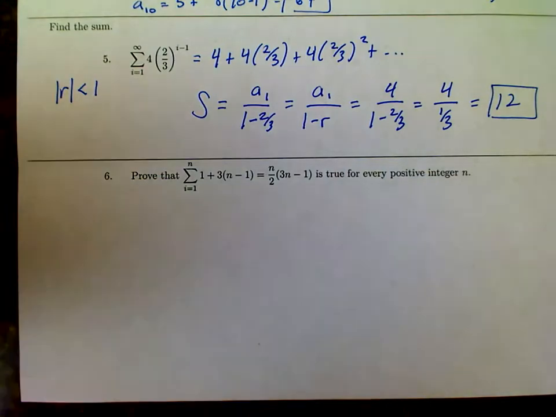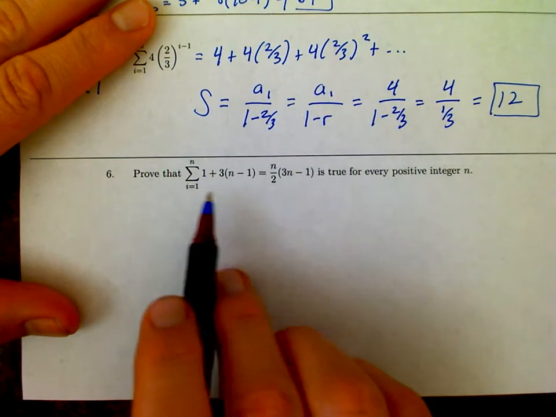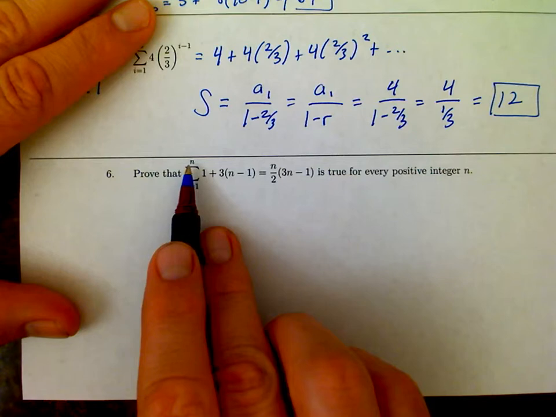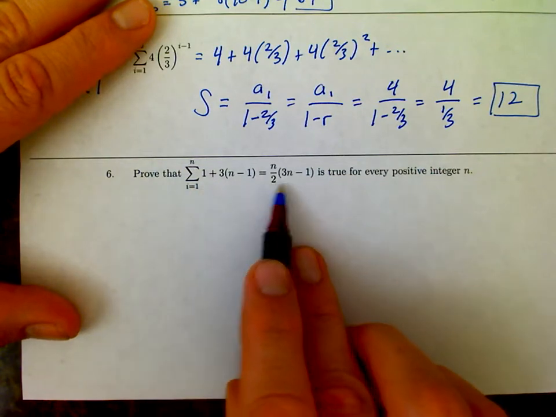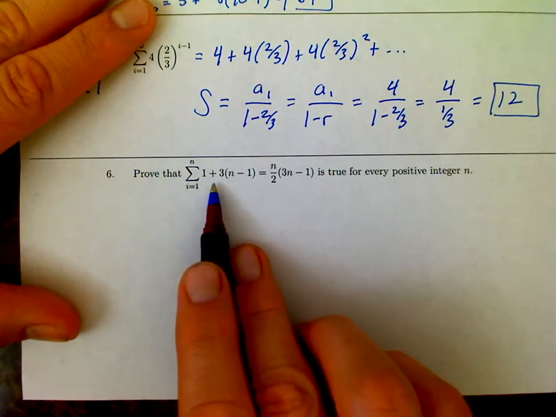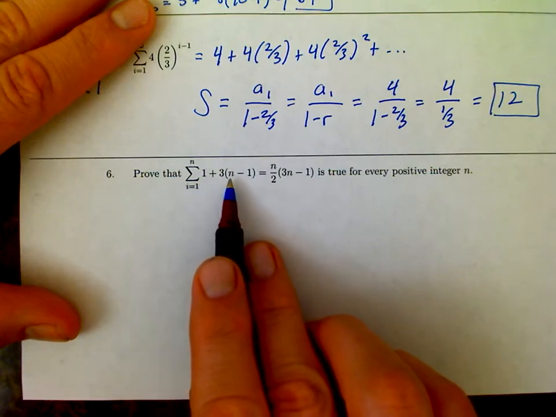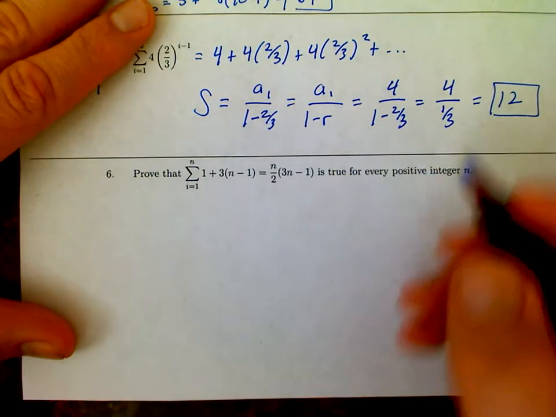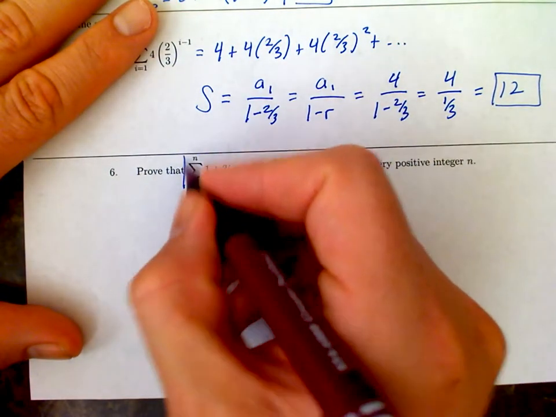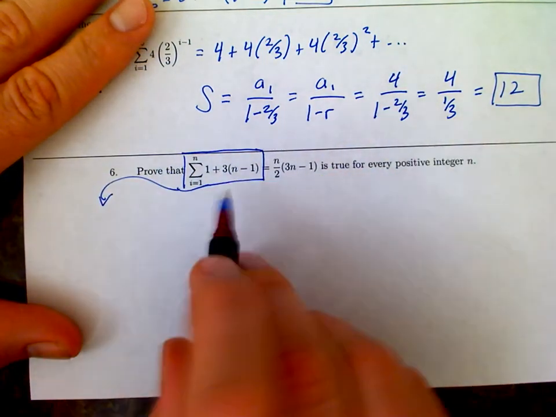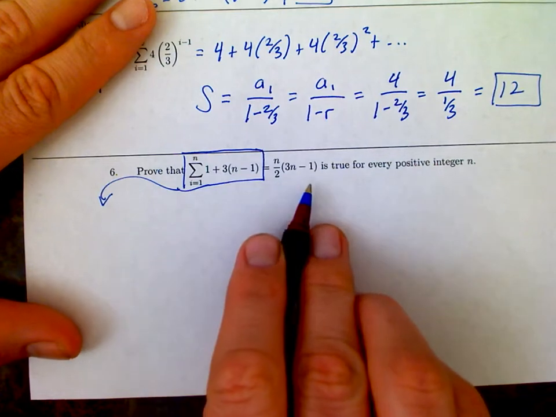Okay, for the final problem here in this practice quiz, we have a sigma notation, a series from 1 to n. We have to prove that we get this formula. So in other words, when we add up all these values, 1 plus 3 times 2 minus 1, in other words, all the numbers from 1 to n, that we get this exact formula. So let's write it out. We're looking at proof. It's kind of helpful to sometimes pick a side and try to get one side to match the other. Then you know you've got a proof